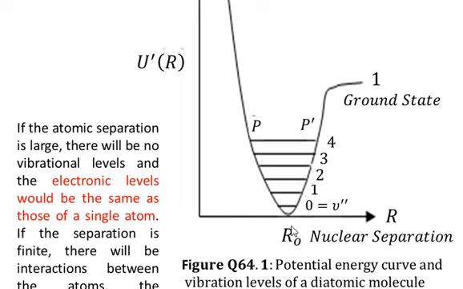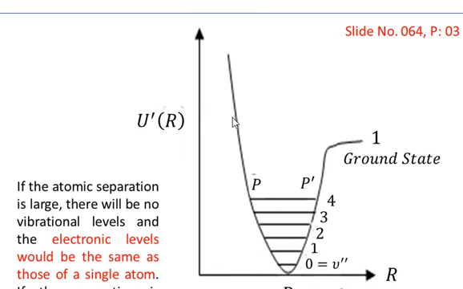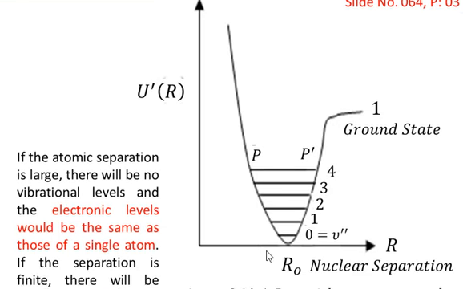Similarly, if R is less than R naught, the same levels will also be occupied. But if you further decrease the value of R on the left hand side of this curve, on the left side of the parabola, the forces will be extreme, the forces will be repulsive,